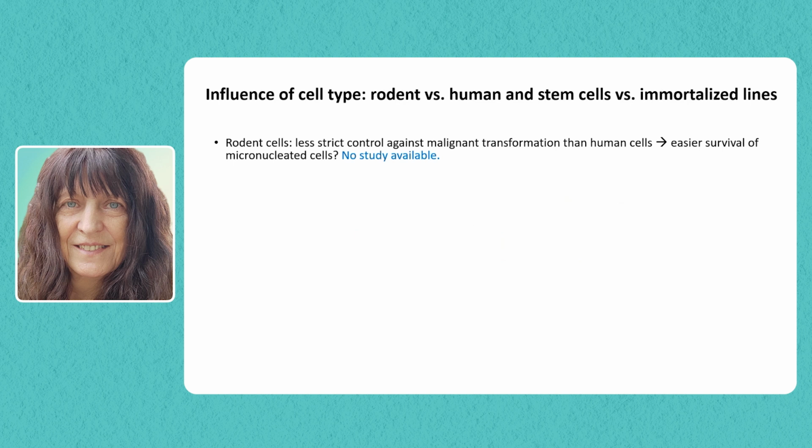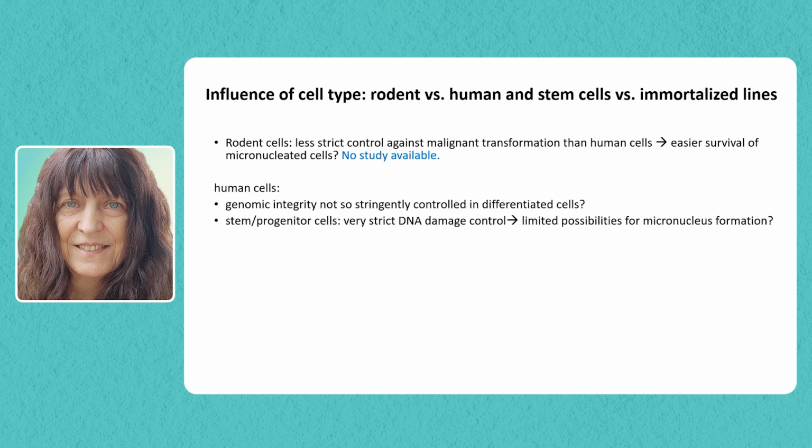You could ask, is it different between different cell lines? For example, rodent cells, which have a less strict control against malignant transformation, or stem cells maybe that have a very strict control also against mutations. For rodent cells, there's really no study available to compare them directly to human cells with this background. For human cells,